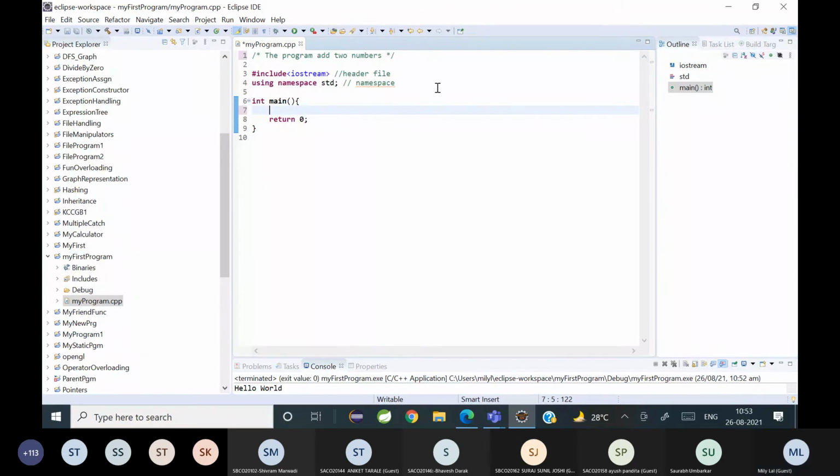Then, either I can store them statically or I can ask the user to input two numbers. So you have two options. Then once the two numbers are with me, I will add them, store the result in another variable and print it. Right or no?